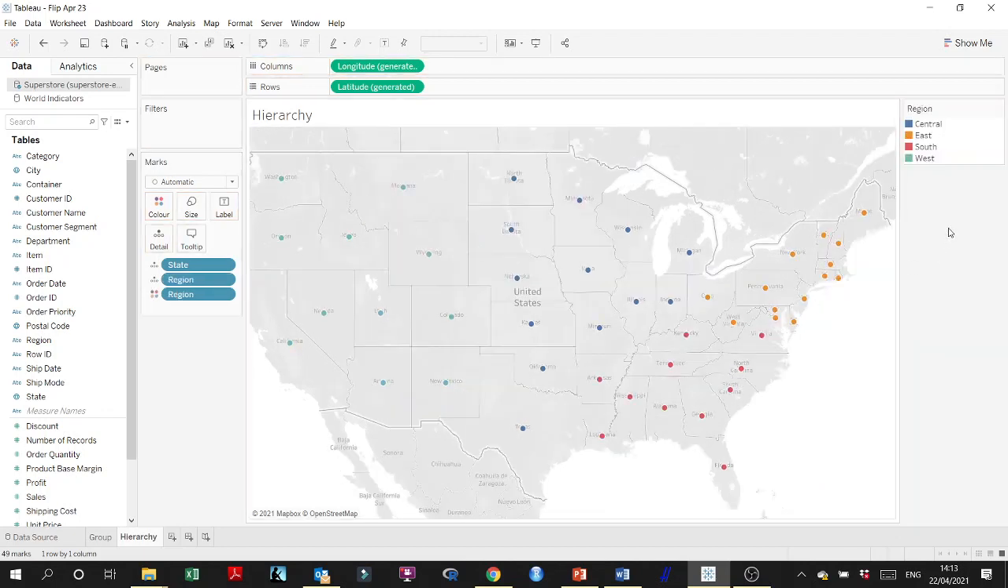Okay, now it's working. So we have central, east, south, west. Actually, region comes first and then the state, so as a hierarchy, this is the order of the data, right? Because we have this is the east, this is the south in red, and this is